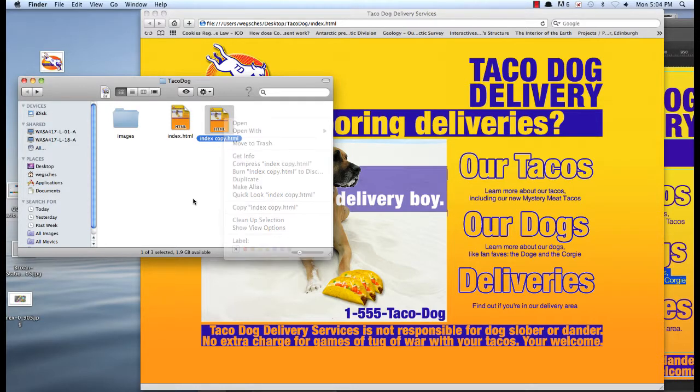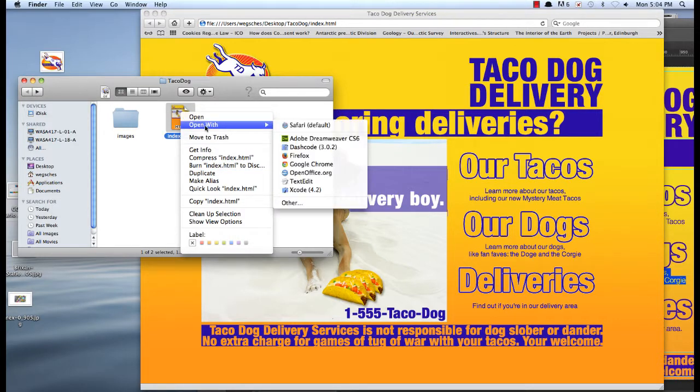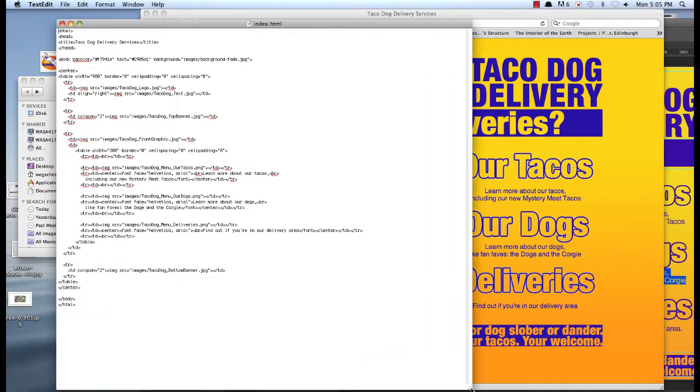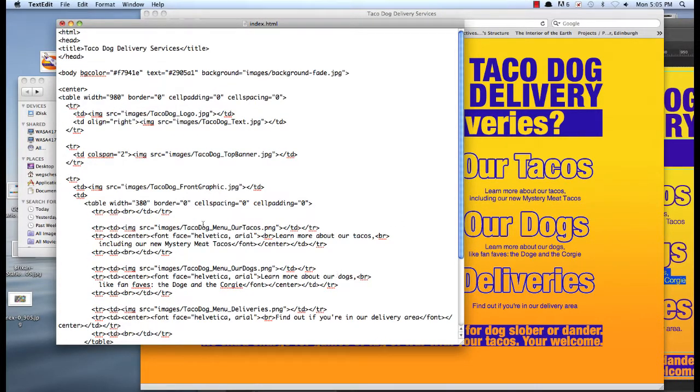Now the other thing is, I want these to be links. So I could duplicate and then link them all, but then I have to link them all for each and every page. Or I can just go back in here and edit, and I can make the links now. And I just have to make sure that whatever I call the pages matches. So here is our tacos, which is right here. So I'm going to do a